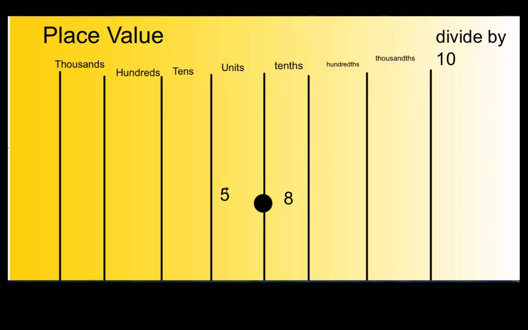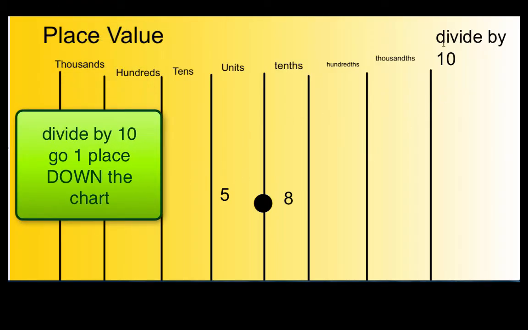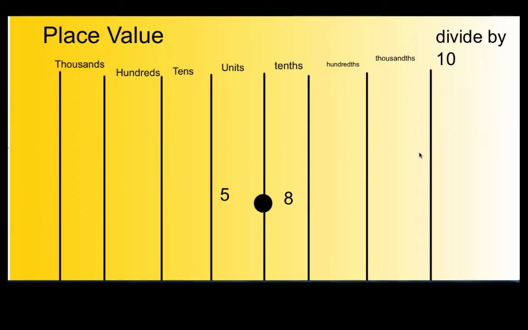If when we times by 10 we move up the chart one place, if we divide, which way do you think we go? If we multiply, we go up. If we divide, we go down. And because we're dividing by 10, there's the 1 0 there, we're going to go down this way one place. So 5.8 divided by 10 becomes, move the 5 once, move the 8 once, becomes